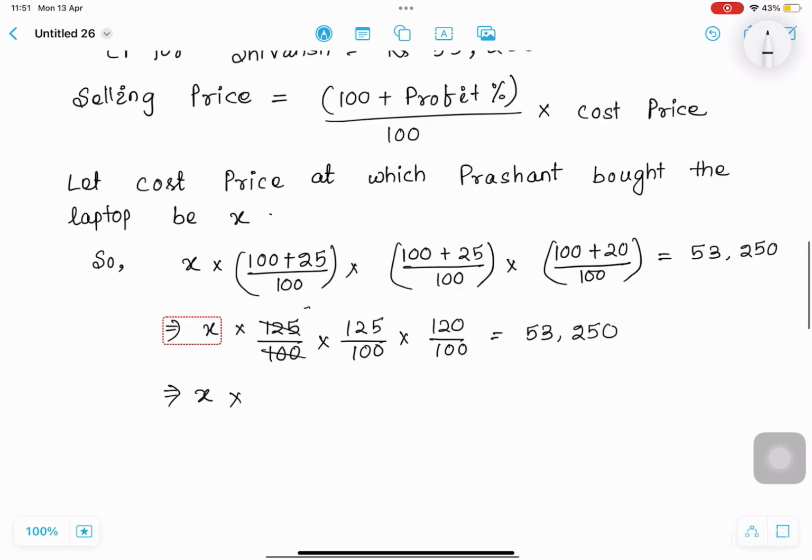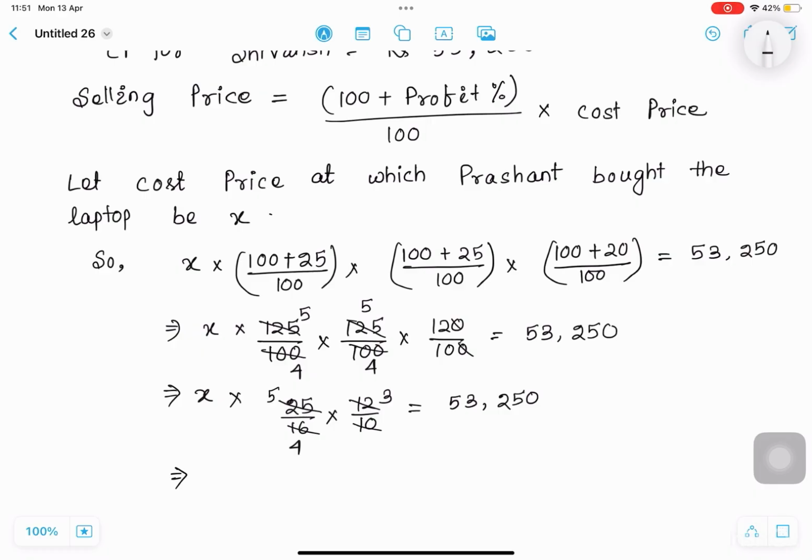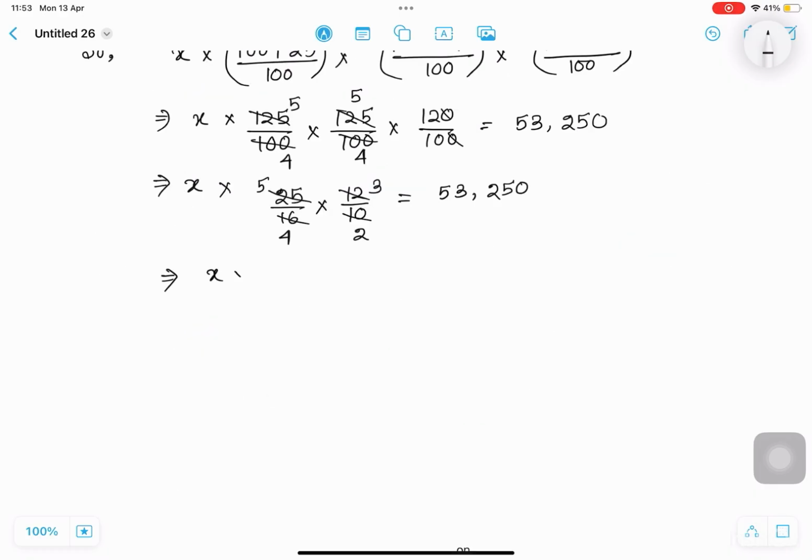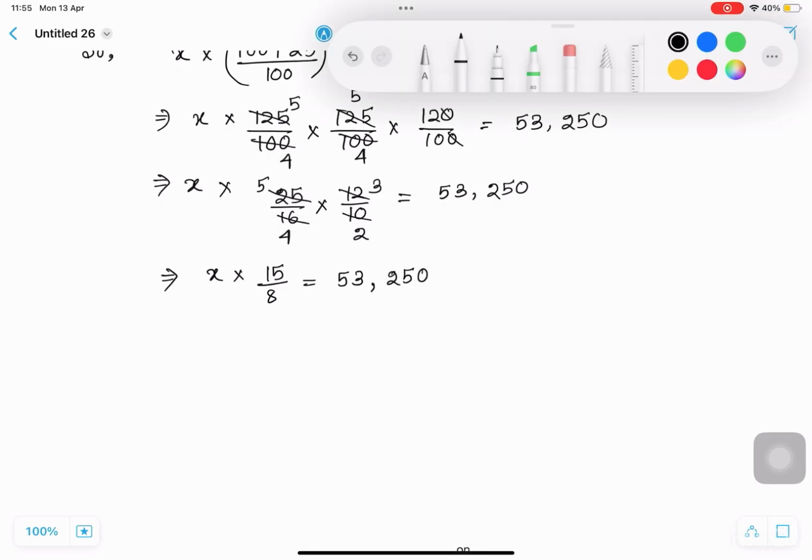So it will be, see, we got in 125 it is 5, in 100 it is 4. Again here 0 0 cut out, 5 into 5, 25 by 16 into 12 by 10. Again 12 and 16 I am cutting with 4. So 4 into 3 is 12, 4 into 4 is 16, 5, 5 into 5 is 25, 5 into 2. So 5 into 3 is 15 by 8 is